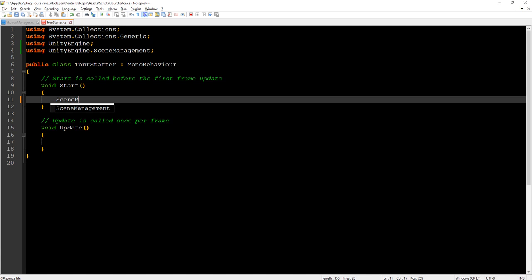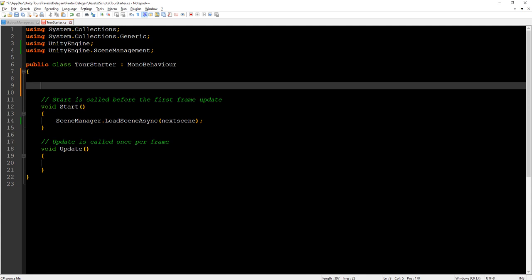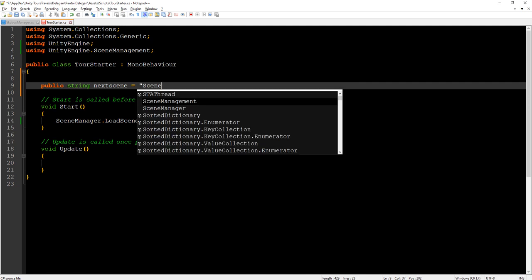SceneManager.LoadSceneAsync, nextScene. This nextScene is a public string variable. Default value will be scene 1.